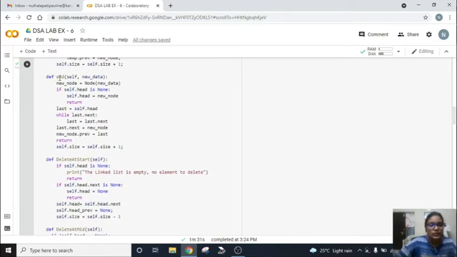And then there is insertion at end. It is going to check if the head node is None. If it is None, it is just going to return the head value as the last value. Or else, if it is not None, then it is going to take the last value as last.next, and it is going to enter a new node as last.next. After inserting, the last will be turned into new node.previous, and after that it will return the value,